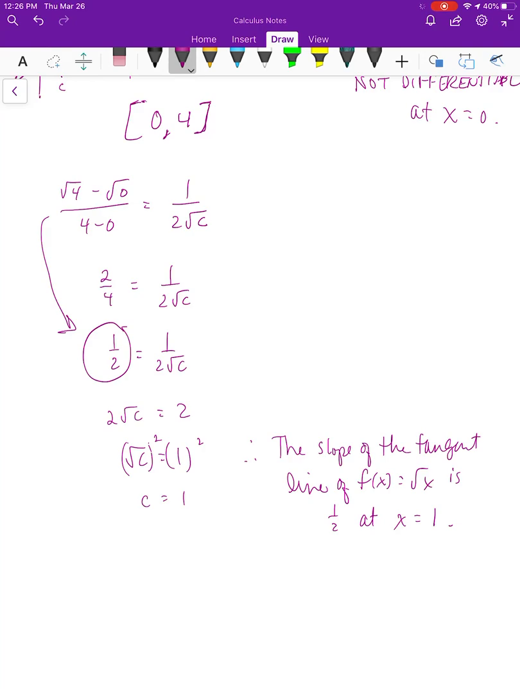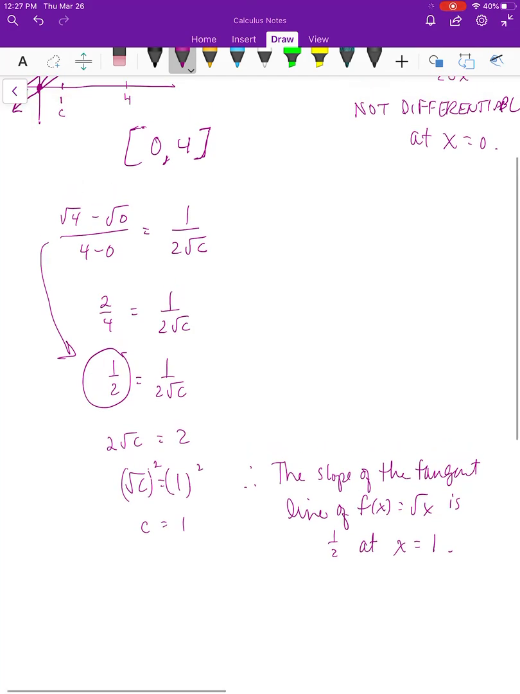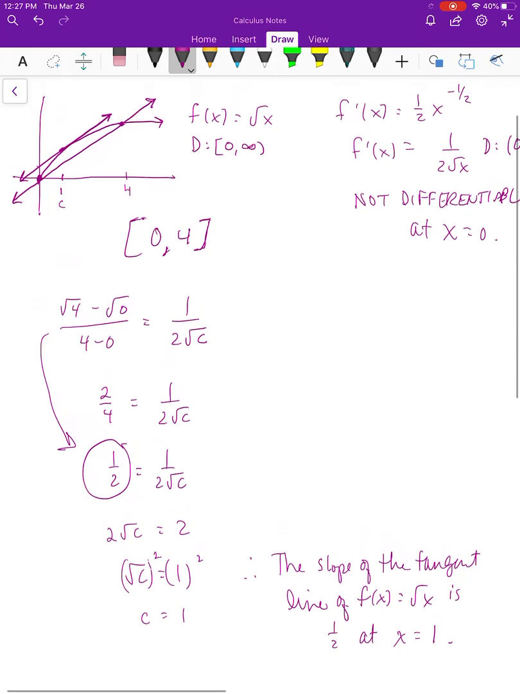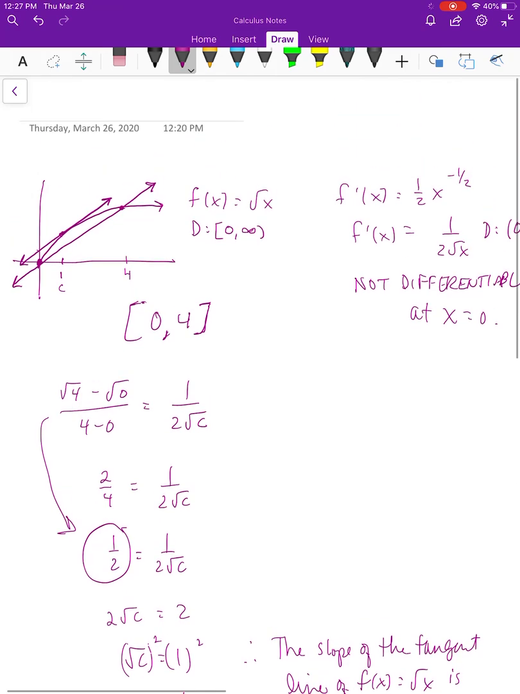And that's what the mean value theorem just guarantees is true. Okay, that you can find a c in your a, b. So I found a c in my 0, 4. My c was 1, such that the